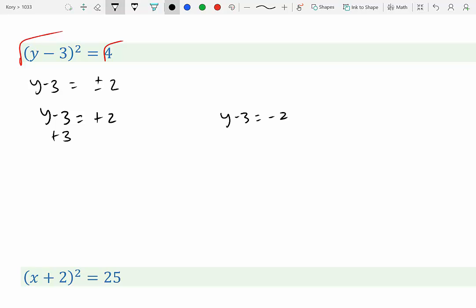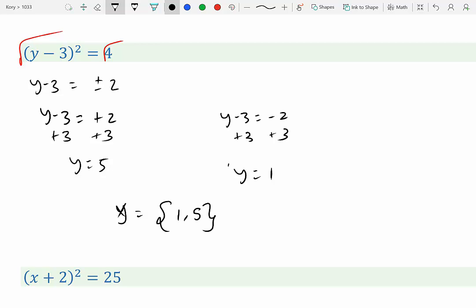So plus 3, we have y equals 5, and y equals 1. So our solution is an actual set